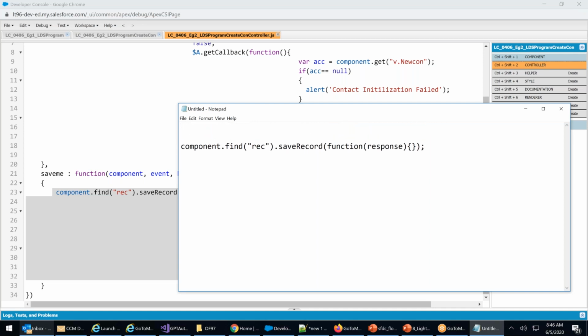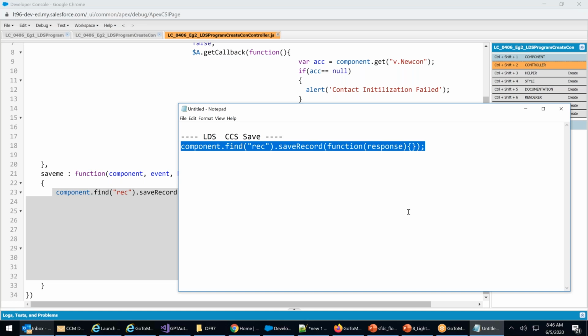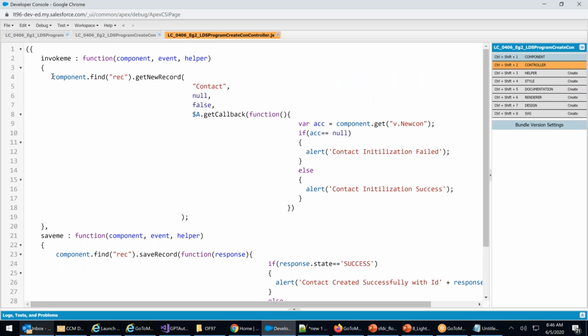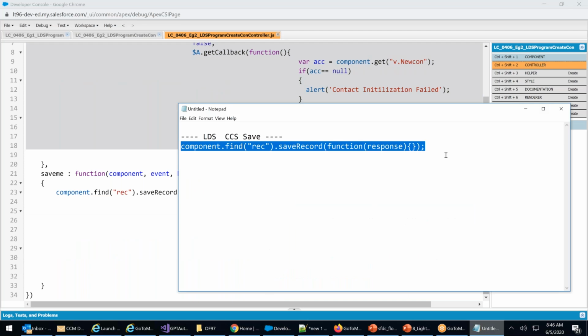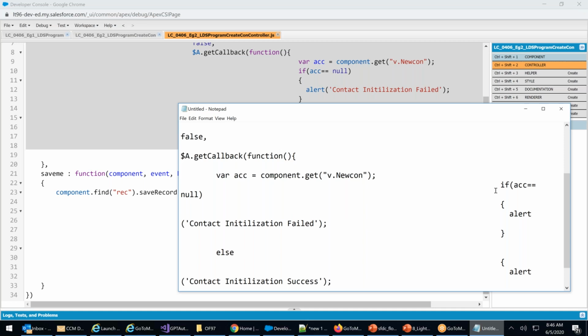LDS record saving. LDS client side script save. That's it. You don't want a pop up, don't write anything. If you just write this command on the save button, it will save the data, right? Similarly, insert is also the same. Copy it, right? So you have to remember all these.